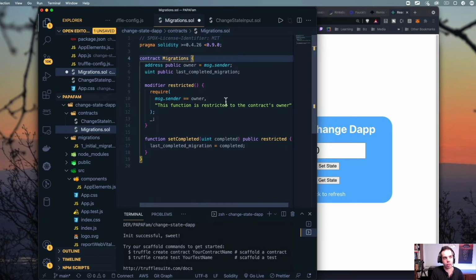And it's a little bit confusing, but the contract itself has an address, and then the user is the one that puts that contract onto the blockchain. So when you create a cryptocurrency, for example, and we did this in our Pop-Up Fam workshop a while back, when you declare a cryptocurrency and push it onto the blockchain, you might create, I don't know, 10 million coins or a billion coins or something like that. That's going to be put into the message.sender wallet, which is the person that creates the wallet.